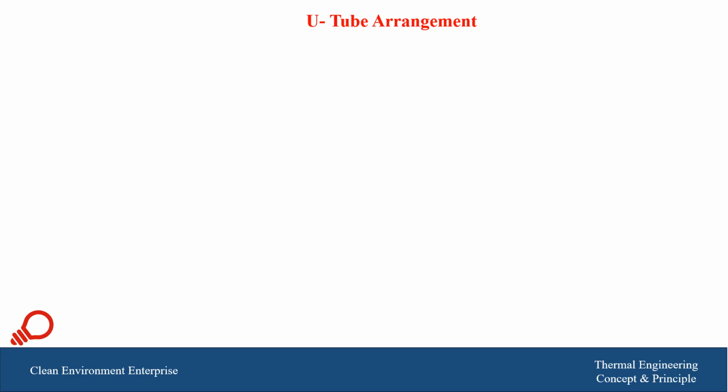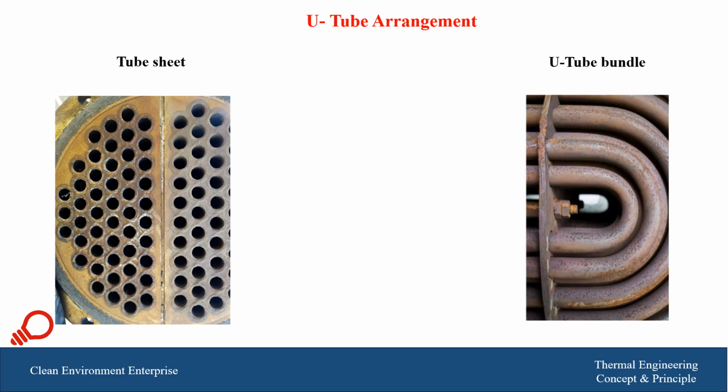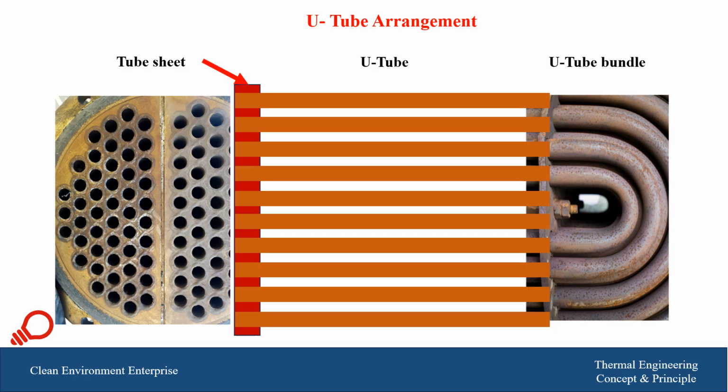U-tube arrangement. The tubes of the heat exchanger could be manufactured in the form of a U-tube. For example, here we have the tube sheet perforated with a number of holes which correspond to the tubes. And on the right hand side, we have the other end of these tubes in the form of a U. And the tubes are fitted in the tube sheet as shown in this middle part, and the fluid